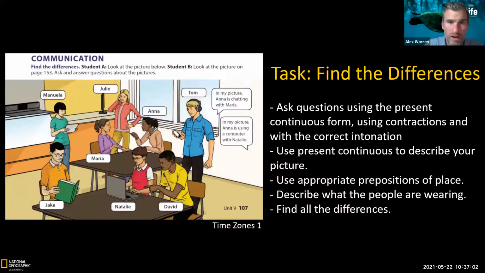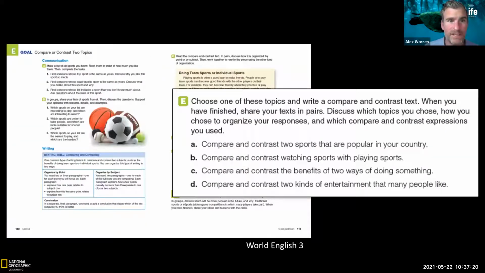And that builds trust. That builds empathy, because they need to be able to help each other, support each other. And that includes telling them when they're wrong, as well as when they've done something correctly. So that works well with listening or speaking activities. It also works well with writing activities.